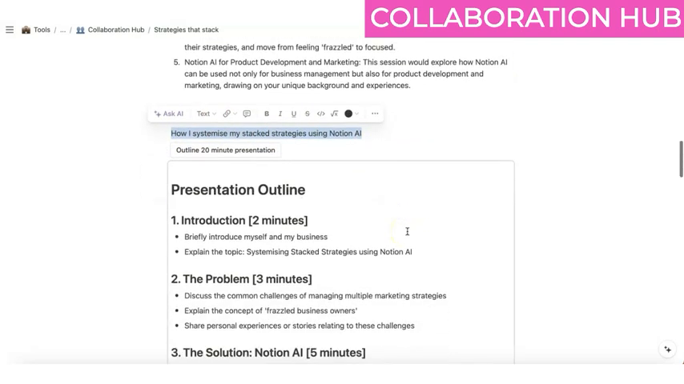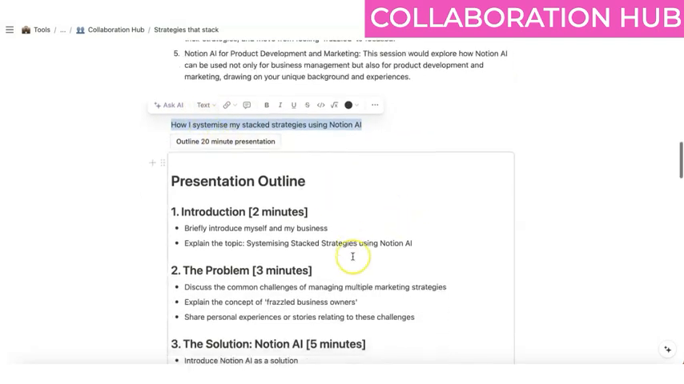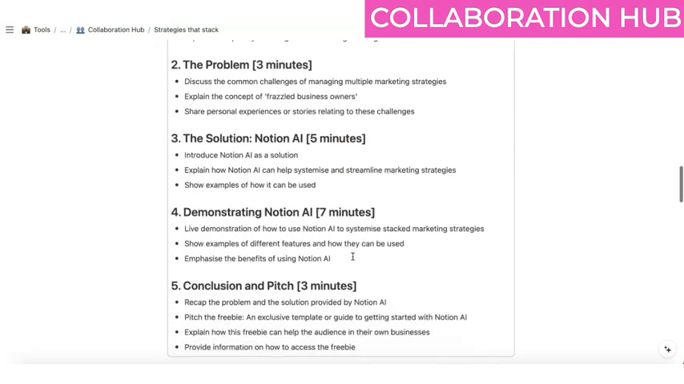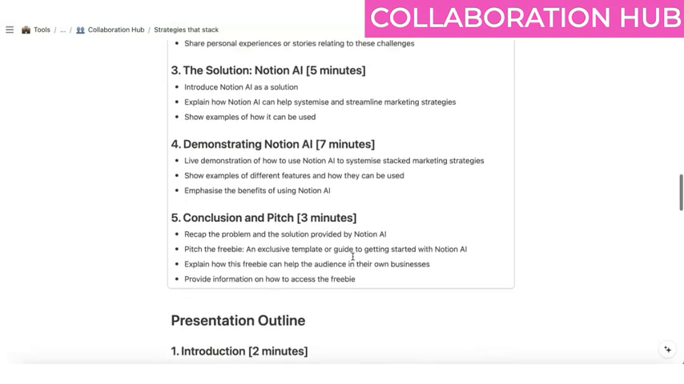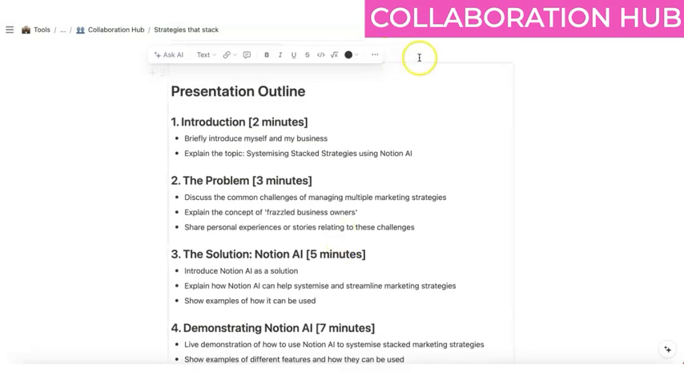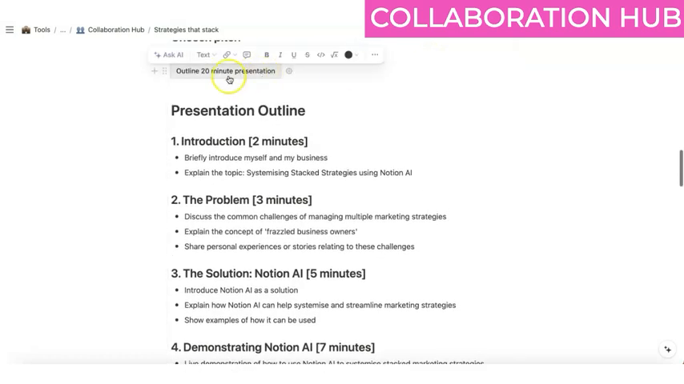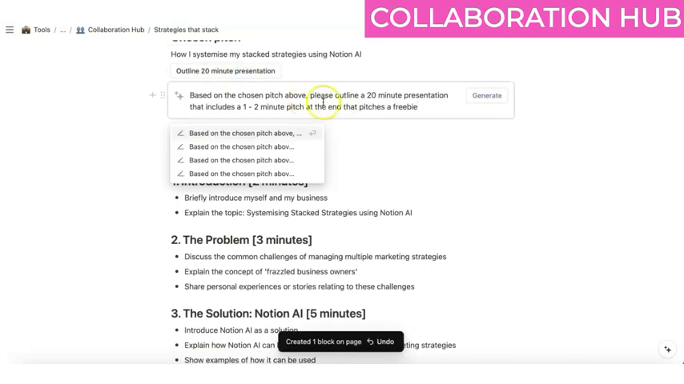Then I clicked this button and asked it to outline a 20-minute presentation for me, because that's how long the talks are. And that's how long usually these talks are, so I just put that in as the prompt. But again, if your presentation is a different length of time, when you click this button, you can change the length. And if you're not allowed to pitch, you can change out what this